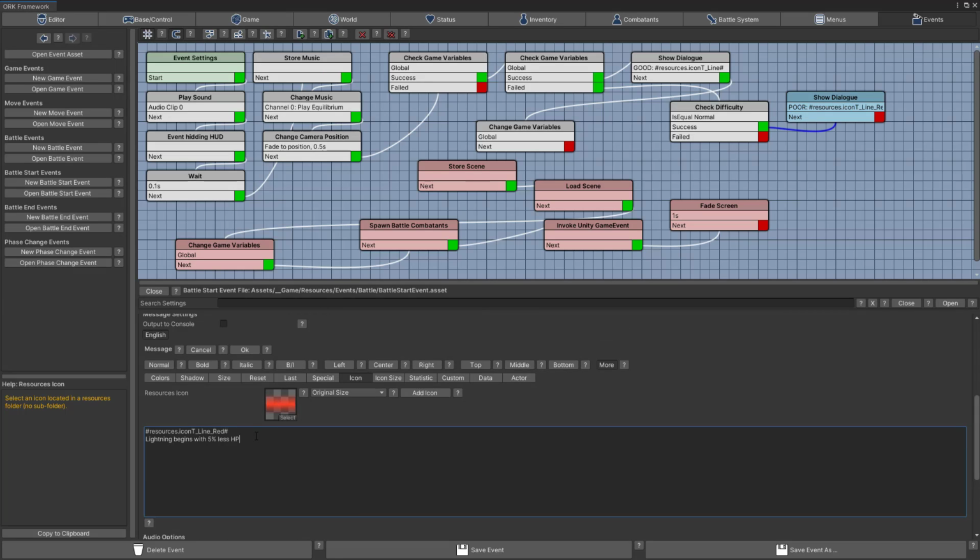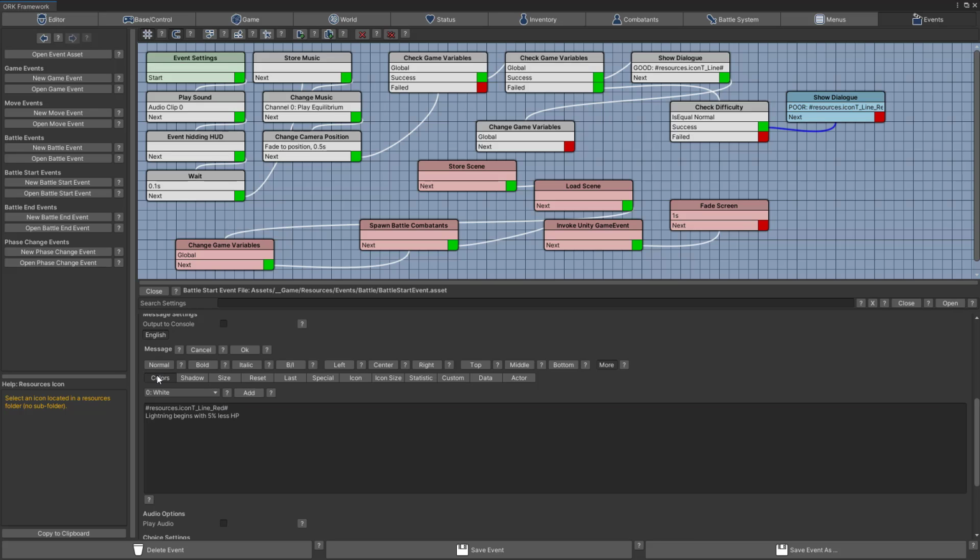What we can do here as well is to change the color of the text to red. So let's select the whole line and go to colors and select from the drop down our red color and click add. And you can see the naming convention of this tag. So what we can do is also to select this tag,